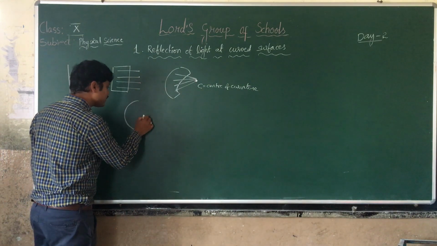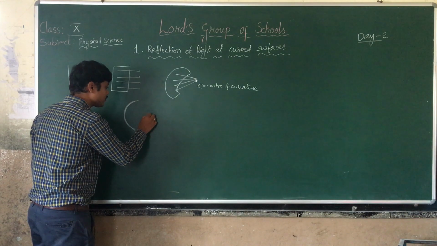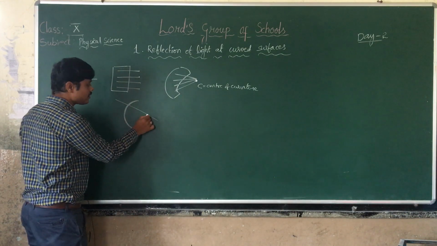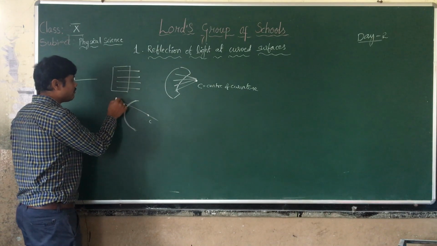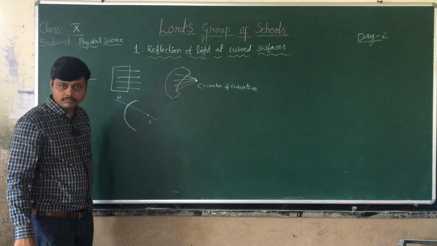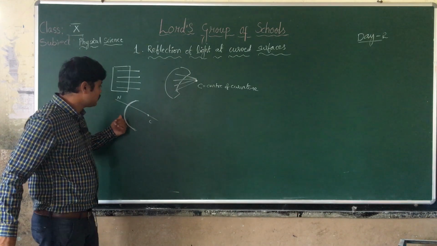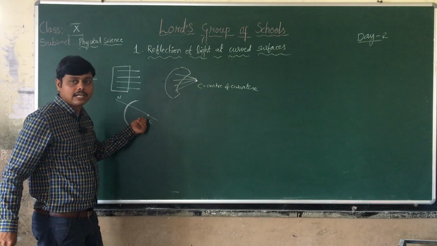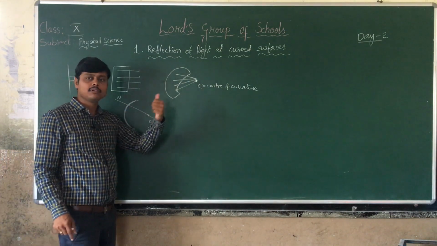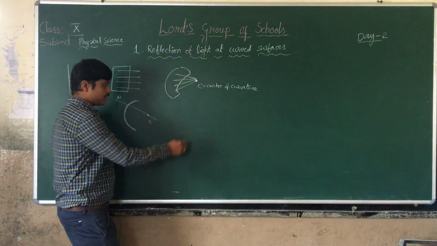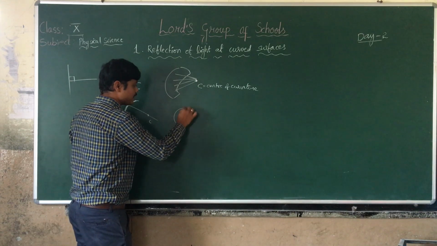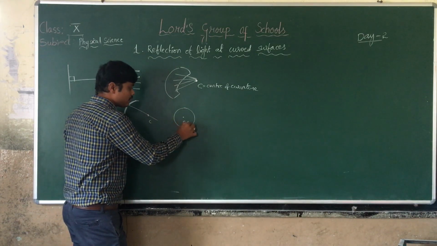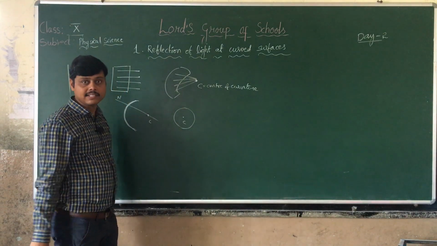Now suppose for this curved surface, there is a center of curvature C. If I draw any line which passes through the center of curvature and meets any point on the curved surface, it can be called the normal line. I think you got my point here. So this is how to draw the normal line for a curved surface. And if you recall simple geometry in mathematics, in a circle, this is the center of curvature, you know, the tangent line.